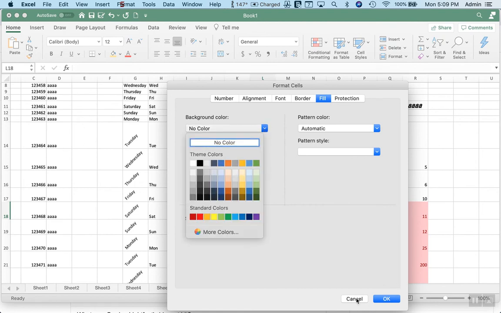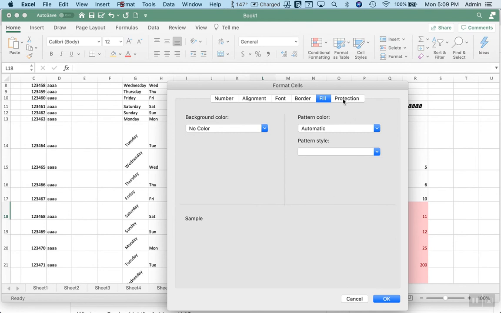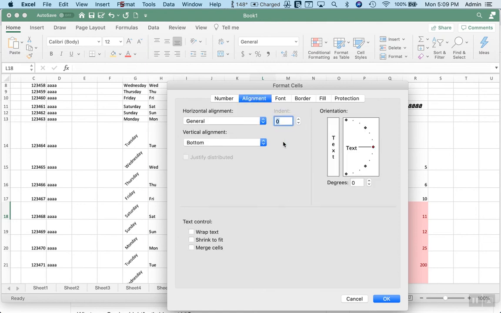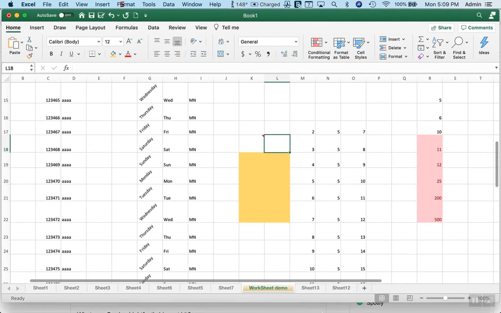As you can see, and actually the alignment, we talked about the alignment, what we do here is also done here. So we can adjust the alignment here as well. Okay, and then